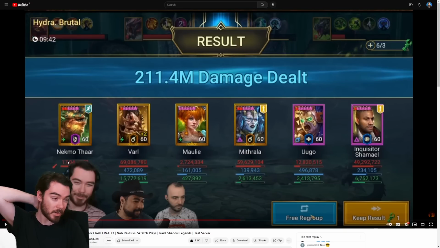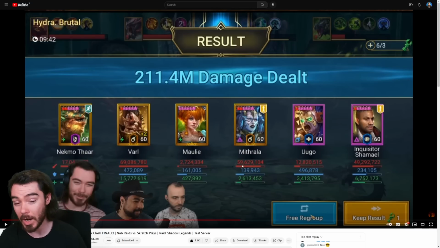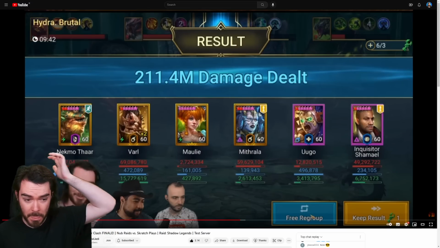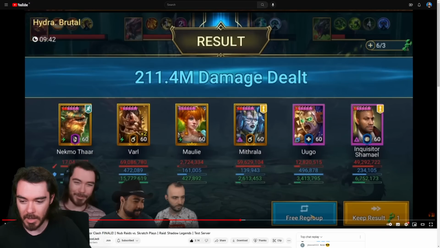So you can see Nekmo at 17 million damage. Varl with 69 million. Molly 2.7. Mithrala 59 million. That's the Hex, her poisons, probably some brimstone damage coming in too. Really phenomenal from her. And 49 million from Shamail. All the big damage is ending in 9 for whatever reason. Ugo at 12.8. I can show you the builds I put on these champions as well,